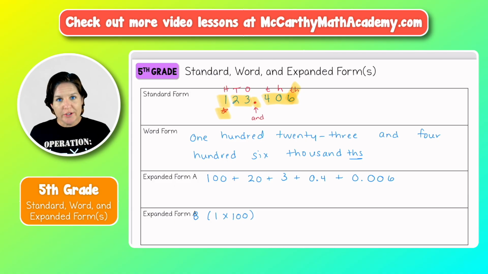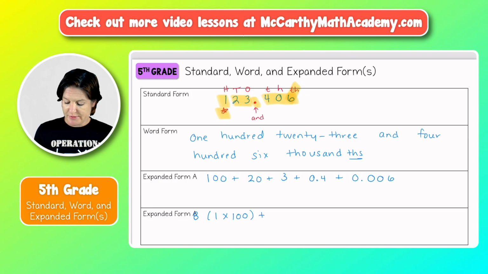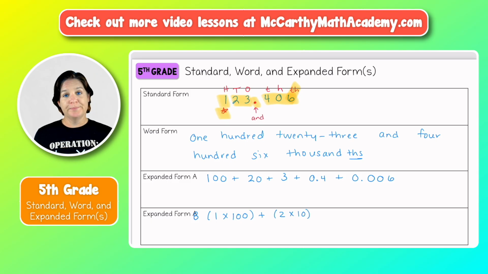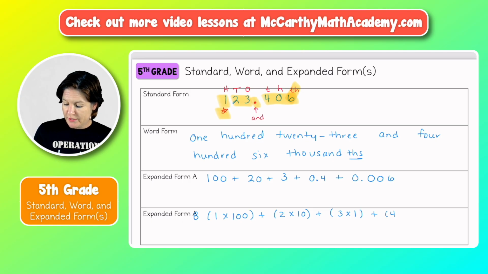1 times 100 is 100, so that makes sense. Plus, our next digit is 2, and that is in the tens place. Plus, our next digit is 3, that's in the ones place. Plus, our next digit is 4, and 4 is in the tenths place. So we could write it like this, or it could be like this